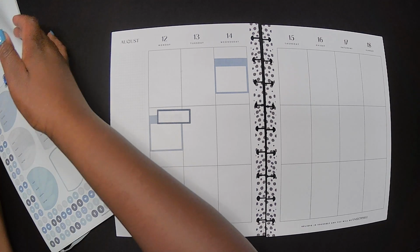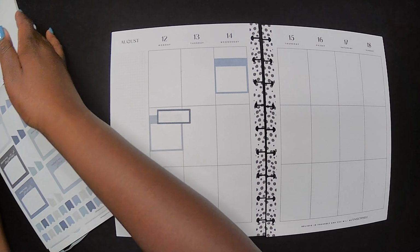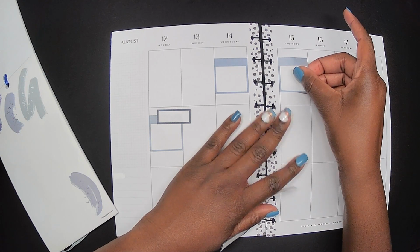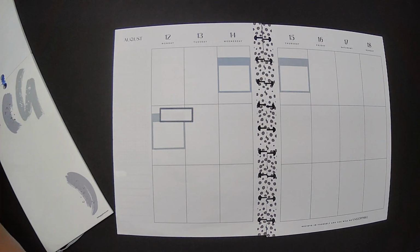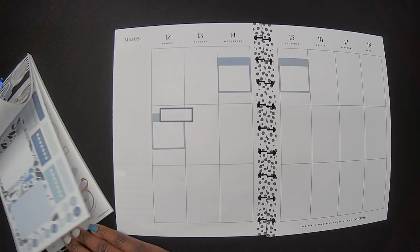I don't really have a vision for this spread because I'm trying to use sticker books that I don't normally use, and I'm also trying to figure out how I want the spread to look, and I never really know, and so that's where the dilemma comes in. So I want one more box like that, and I should have checked that before I started slapping them down